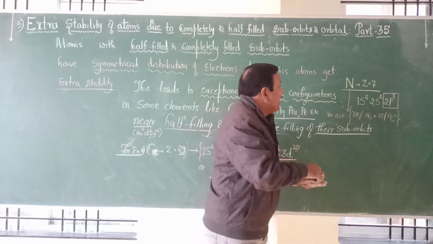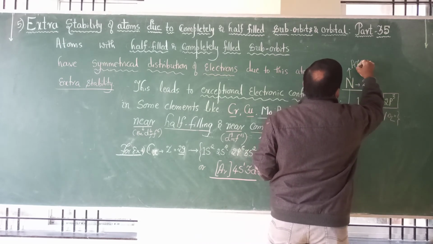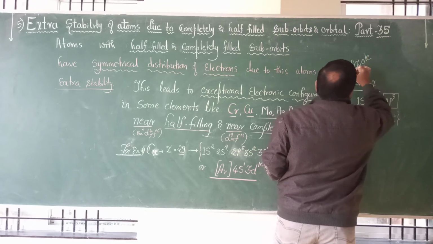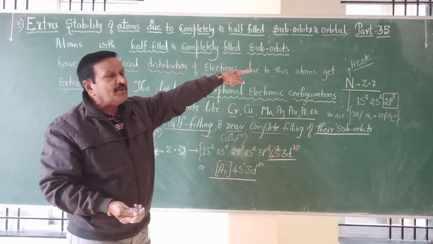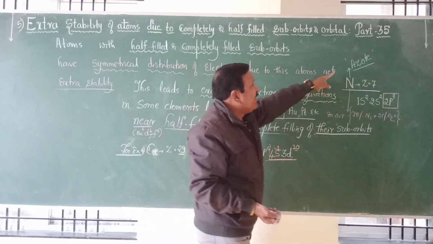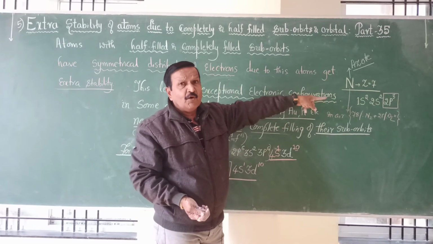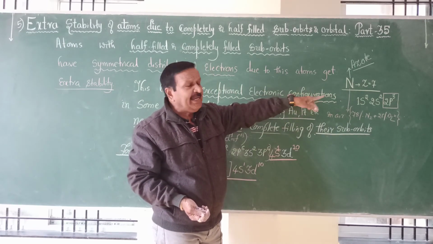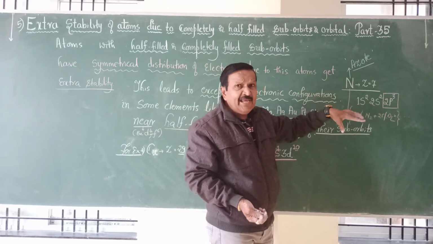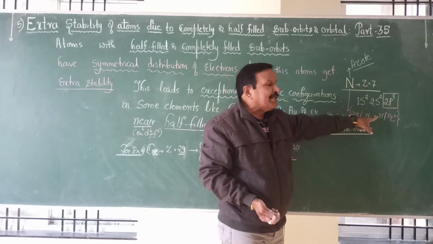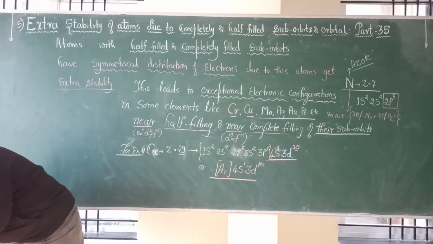And hence the name given to nitrogen is azote. And hence we are going to study azonium compounds, nitrogen compounds in future. Azote is the name given to nitrogen because of the half-filled configuration of 2p orbitals, okay. Nitrogen is very lazy chemically, or very stable in comparison to oxygen, okay. So this is your story of half-filled.